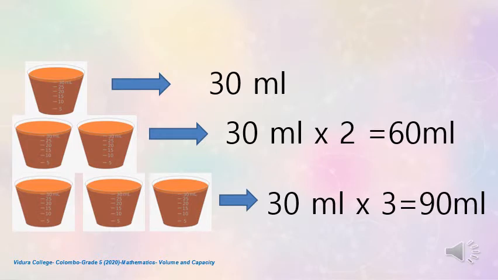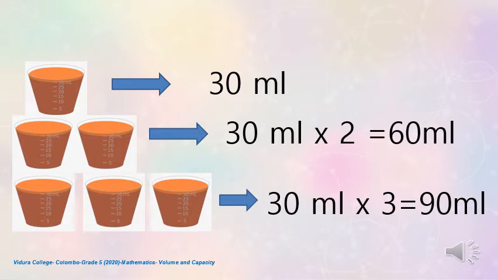Let's start today's lesson in this way. Can you see the vessel in this picture? Here I have given you a vessel whose capacity is 30 milliliters, which means that particular vessel can hold 30 milliliters of liquid. And it is already filled up to its maximum level, so the volume in the first vessel is 30 milliliters.